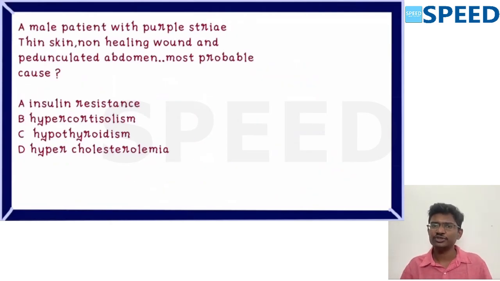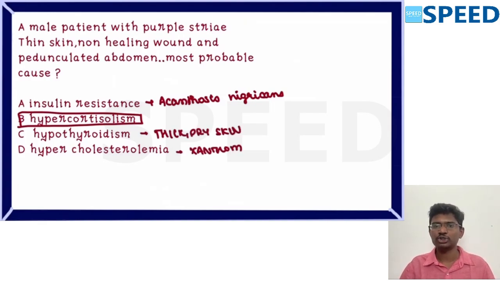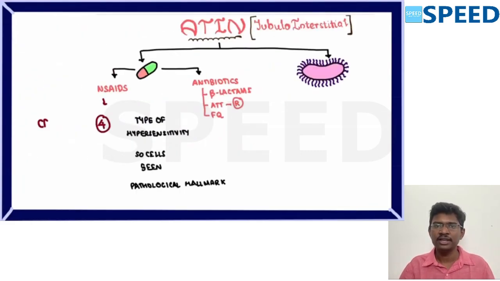So you see, the answer is hypercortisolism, whereas insulin resistance will cause skin findings like acanthosis nigricans, velvety patches in the axilla or back of the neck. Hypothyroidism, here the skin will be dry, with alopecia. These features can be seen in hypothyroidism. Pretibial swelling and pedal edema can be there. So the answer is hypercortisolism. In hypercholesterolemia, there will be tendon xanthomas seen in the extensor tendons. Okay. Next,